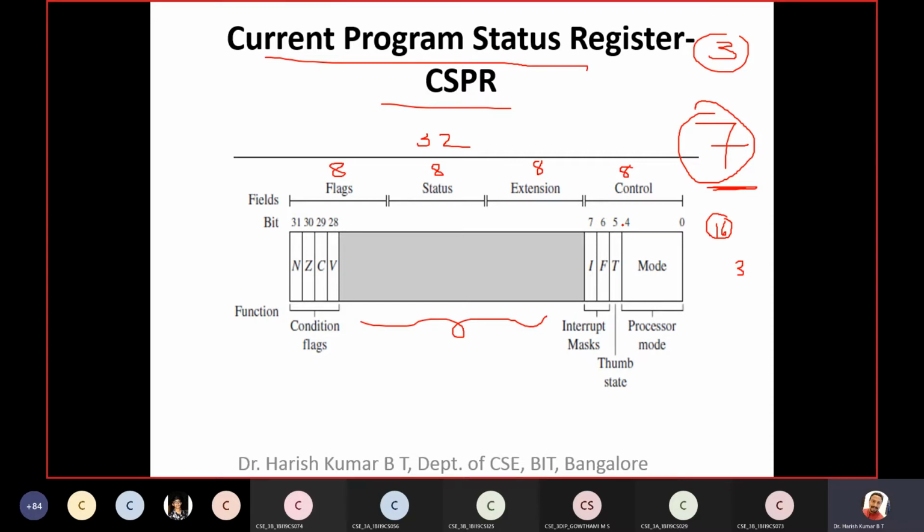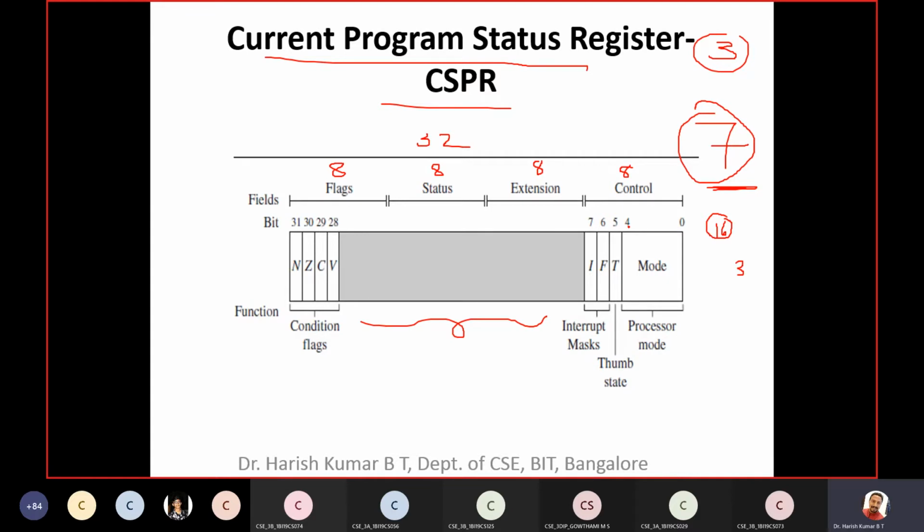Don't confuse: 7 modes, but the number of bits reserved to indicate the mode is 5. So as of now, this ARM7 microcontroller operates in 7 different modes, but still it can be made to operate in 16 different modes. Because the number of bits reserved are 0 to 4, when all 5 bits are 0 0 0 0 0, that is mode 1. What is that mode 1? We'll see later. And when it is 0 0 0 0 1, mode 2. When it is all ones, 1 1 1 1 1,